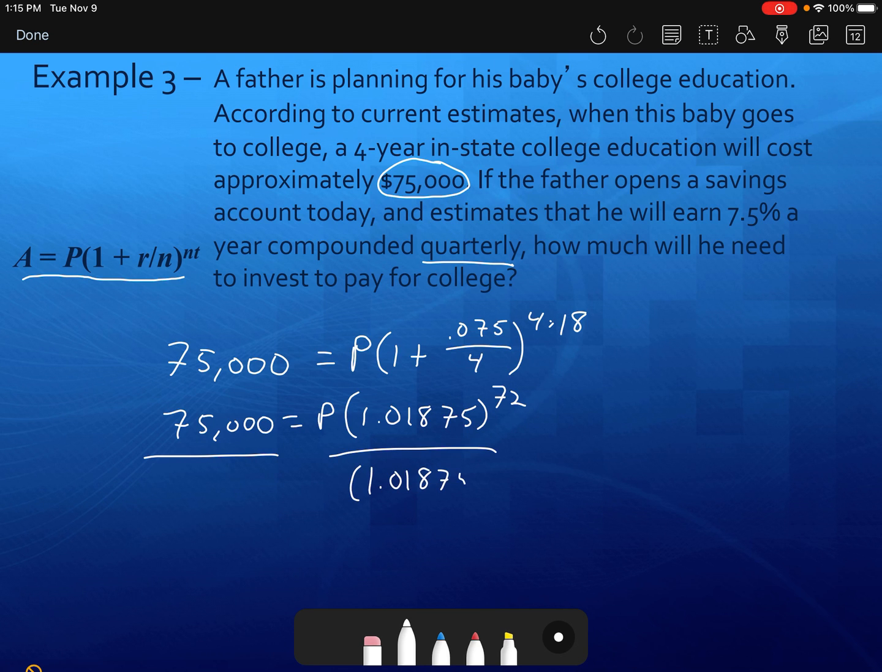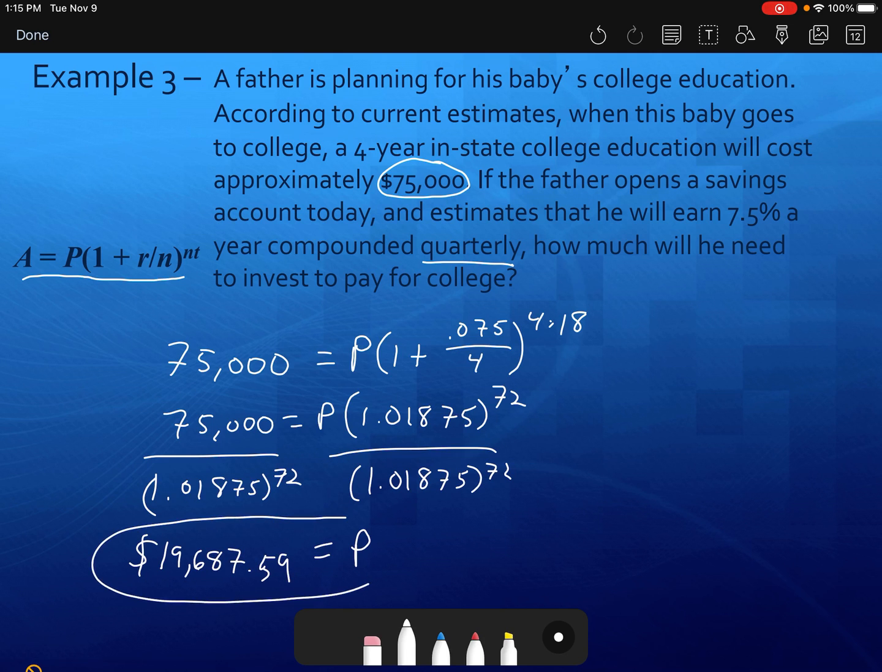Now we have enough there just to divide by 1.01875 to the 72nd, right? So we're going to divide that, and we're going to see how much money it would take to invest. I got that it's going to take us approximately $19,687.59. So if we had 20 grand sitting around, we could grow our money to 75 grand in the time